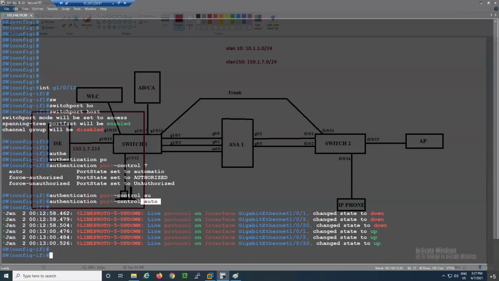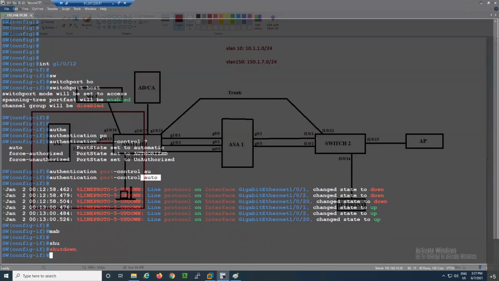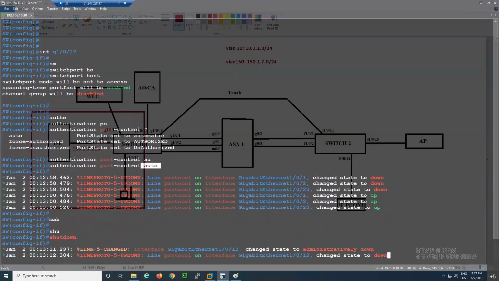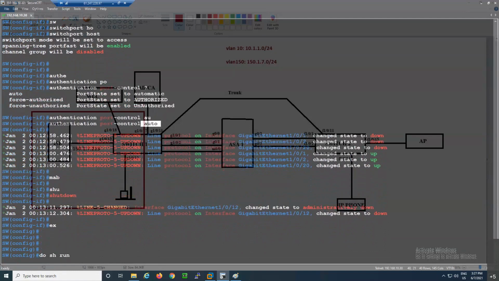Okay. And then you will enable MAB. I have shut down this interface for now. Okay. So this is the configuration for MAB.